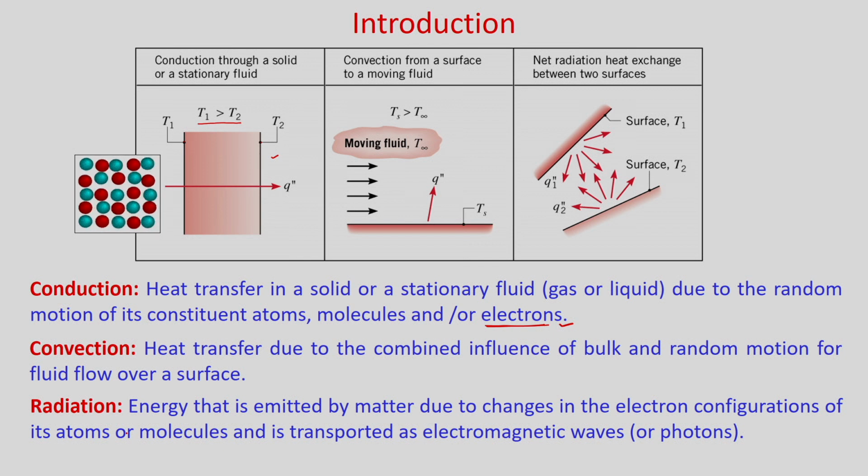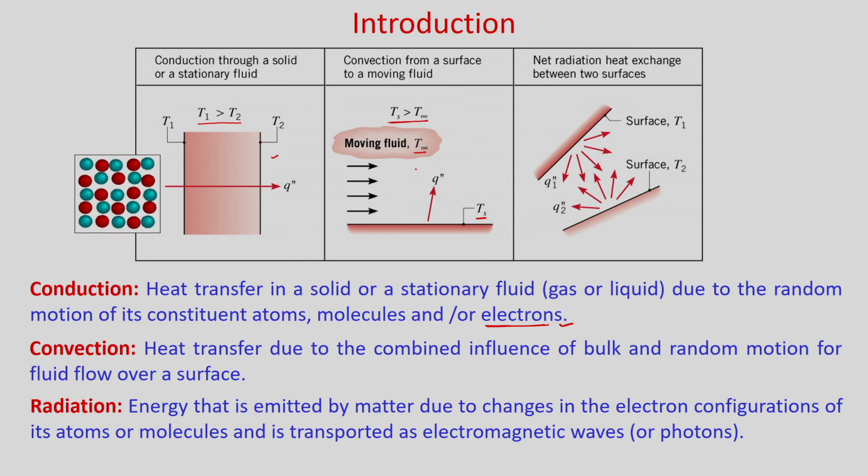Next, let us discuss convection. Heat transfer due to the combined influence of bulk and random motion for fluid flow over a surface. So, you can see this convection heat transfer takes place due to the combined influence of bulk and random motion of fluid flow over a surface. This is one surface maintained at temperature Ts, and there is a moving fluid over this surface, and this moving fluid temperature is T infinity. Let us assume that the surface temperature is higher than the fluid temperature, then obviously heat transfer will take place from